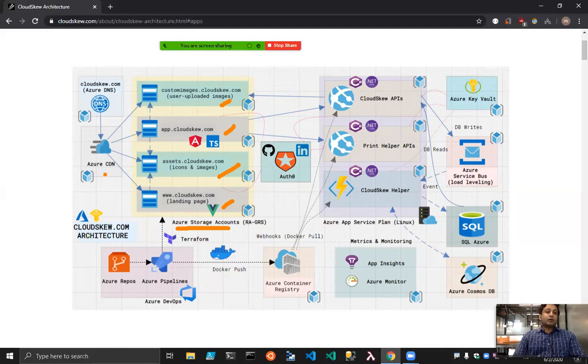In addition, it also provides for TLS offload. So it provides TLS certs, fully managed certs. So if the cert expires, Azure CDN automatically renews it. So that's one of the greatest benefits of Azure CDN. And because we are using custom domains, all the subdomain names to CDN endpoint mapping is done through Azure DNS. So that's pretty much the front end side.